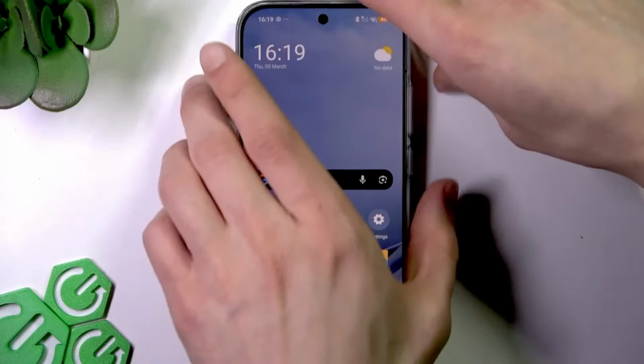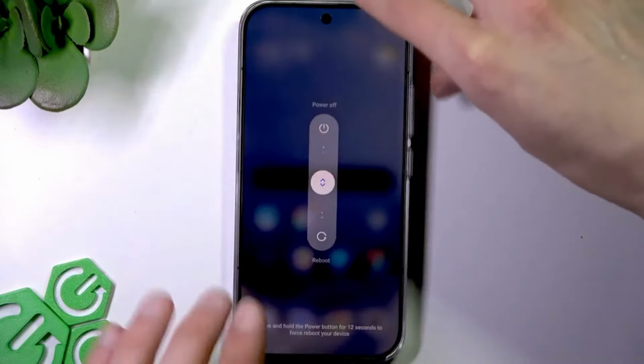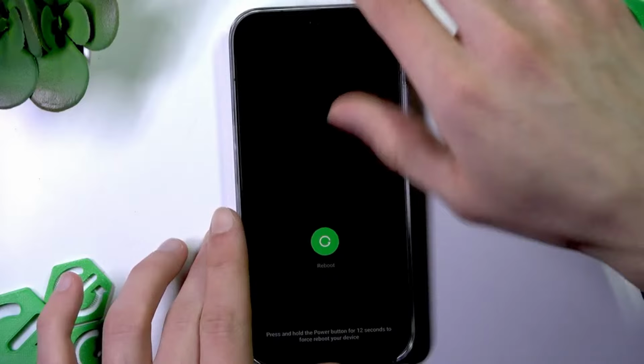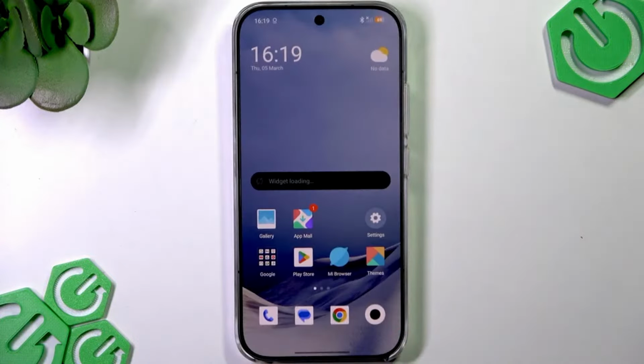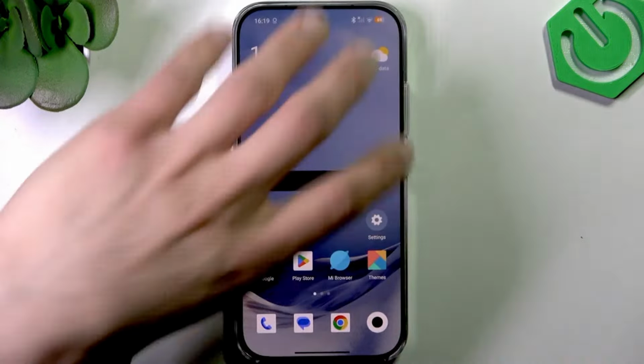First of all, try simply restarting your device by pressing power button and volume up key simultaneously, then swipe the circle down to reboot your smartphone. And if you are still experiencing the SIM card issue after the restart, then let's lock the device's screen and let's try to reseat the SIM card. To do that,